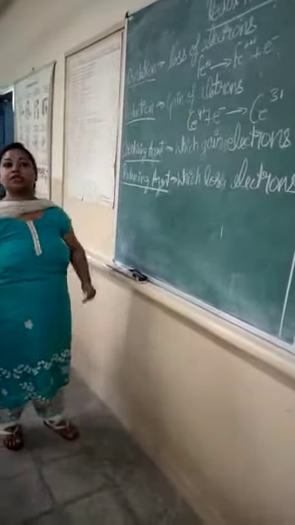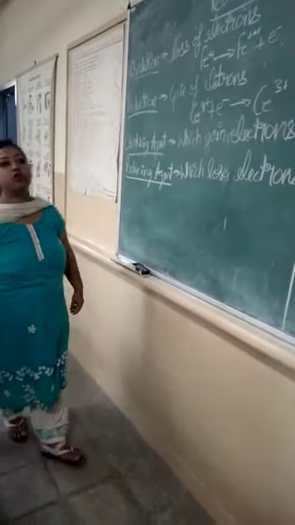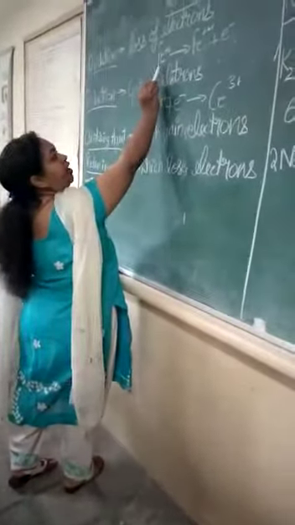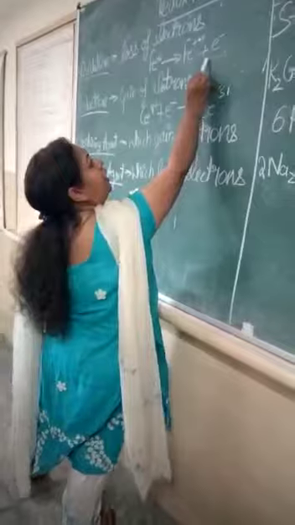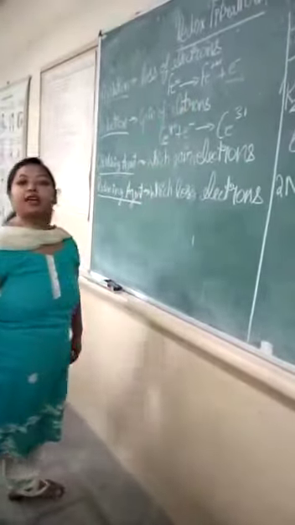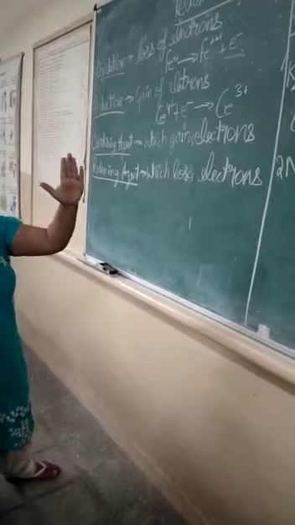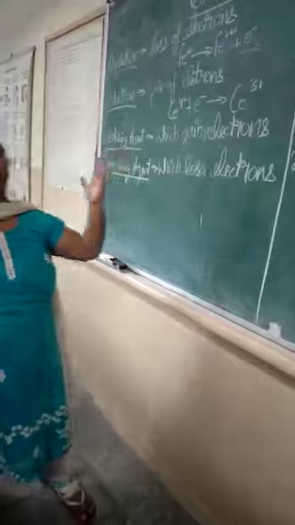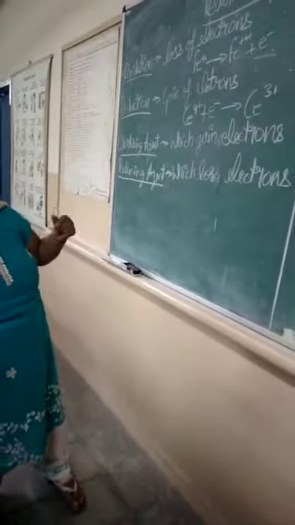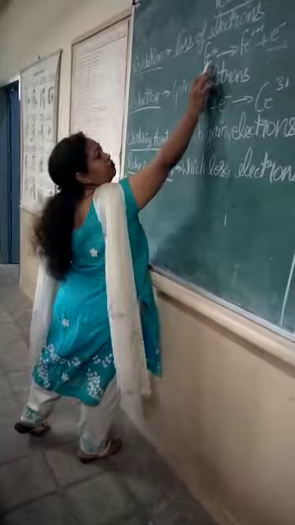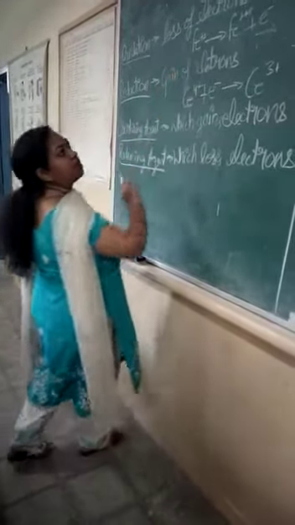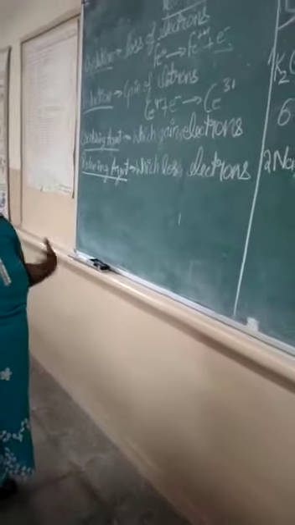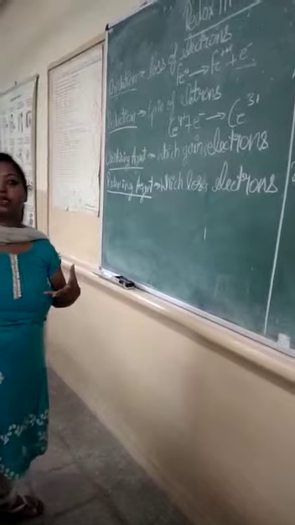First is oxidation. Oxidation means loss of electrons. You can very well see from the equation that ferrous ion is losing one electron to become ferric ion. It has lost one electron and ferric ion is generated. Ferric ion with plus 3 valency. Earlier ferrous ions had plus 2 valency. That is oxidation, which is loss of electrons.